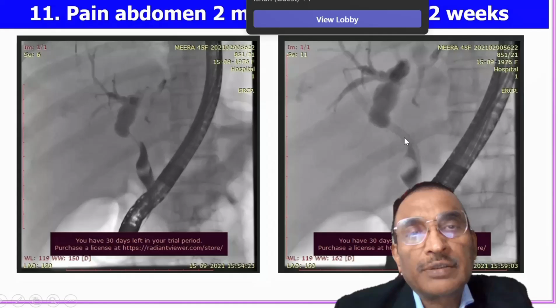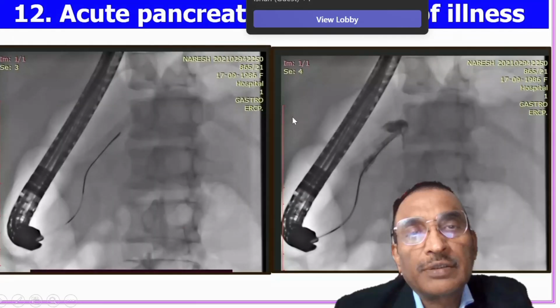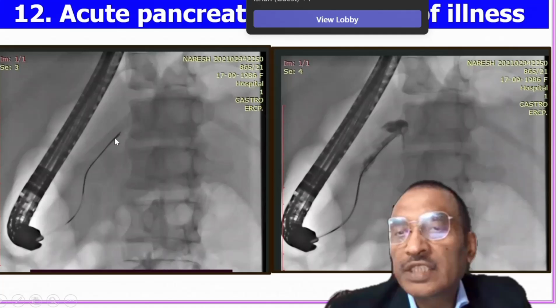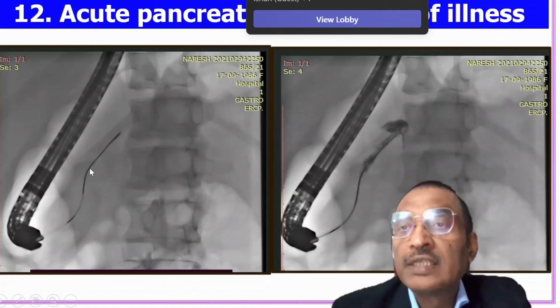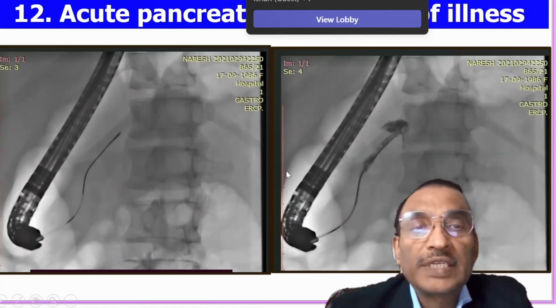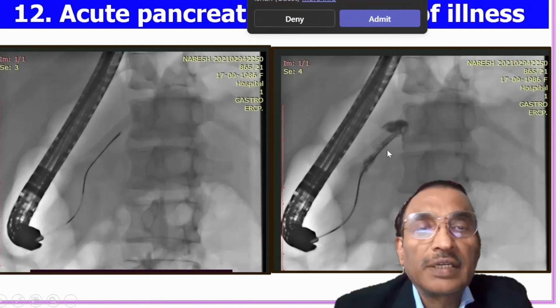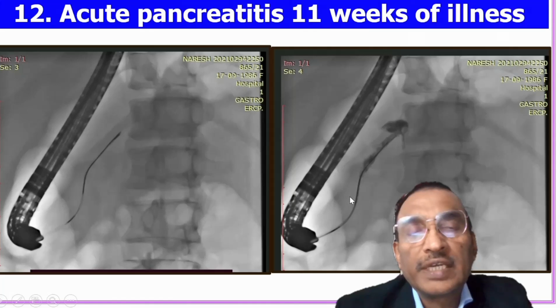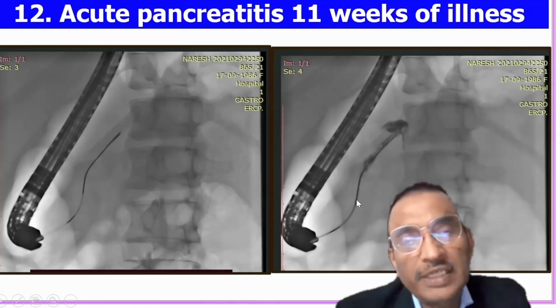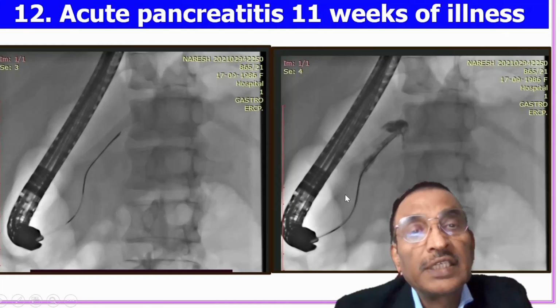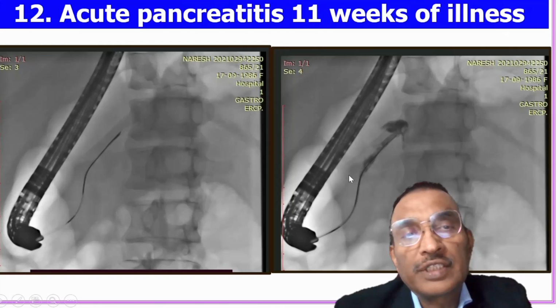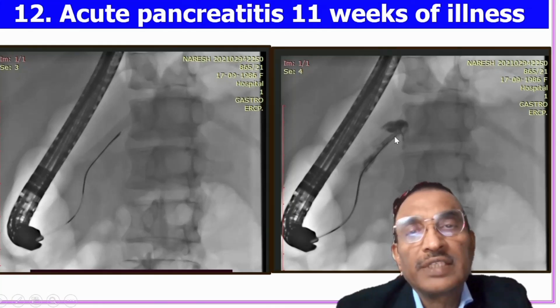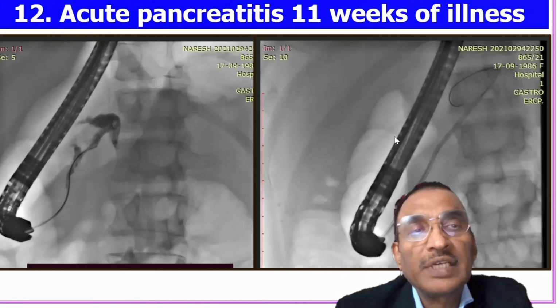So then what you are seeing is acute pancreatitis in the 11th week of illness. So this is the pancreatic duct, and there is an irregular cavity which is getting filled. The main pancreatic duct doesn't appear to be dilated, so most likely acute pancreatitis, not acute on chronic pancreatitis. In acute on chronic, we will have duct irregularity and ductal changes. So this is acute necrotizing pancreatitis with a necrotic cavity, and here we will